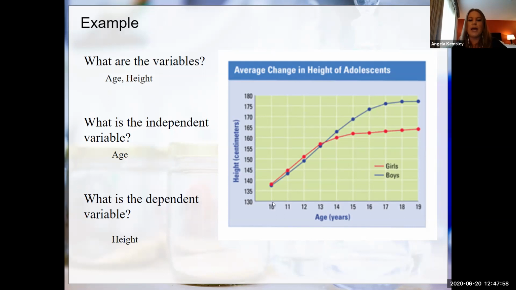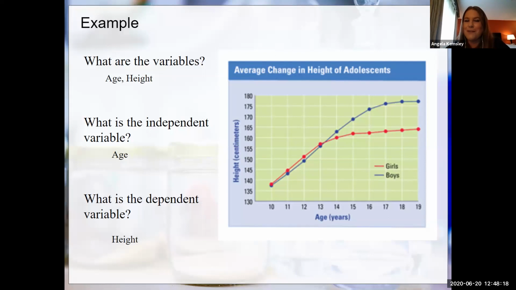So while we're going by ones on the x-axis, we're going by fives on the y-axis. That's perfectly fine, as long as if you're going by ones on the x-axis, you go by ones the whole way along that x-axis. And if you're going by fives on the y-axis, you go by fives the whole way on the y-axis. You also, one more thing about this good graph is you want to have your data take